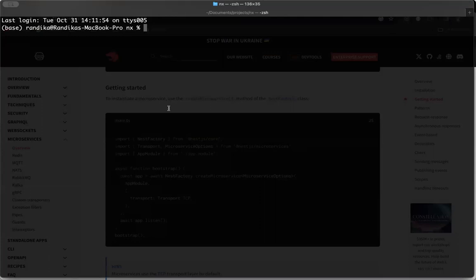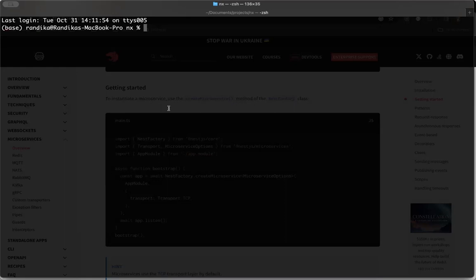You don't need to know much about that, but if you're interested, I can show you some other lectures that I have done, which will ease you into NX and everything. But simply, it's just a tool that will generate or scaffold a simple NestJS application for us, and we can use that